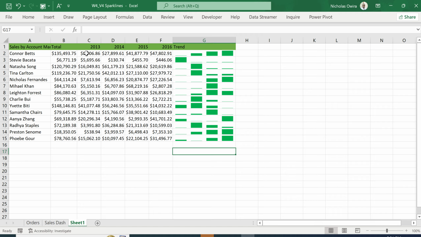You can see, for example, from 2013, the sales were quite low. From 2014, it was rising. It rose again in 2015, and you can see it has been visualized and shown by the sparklines. Then 2016, again, it was a rise from 2015, and you can see the same for the second account